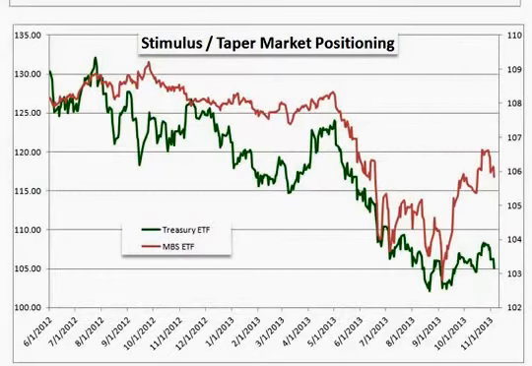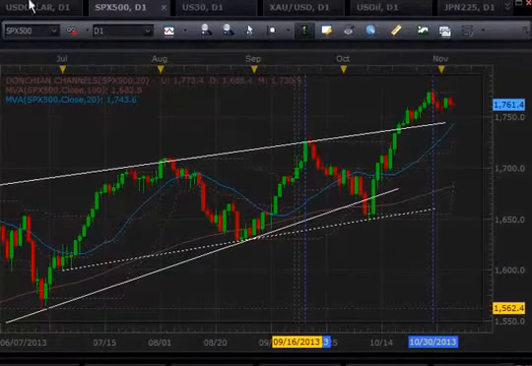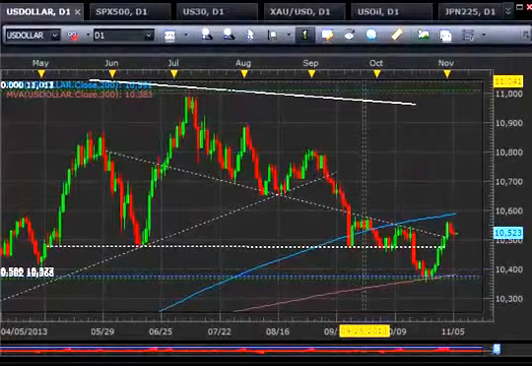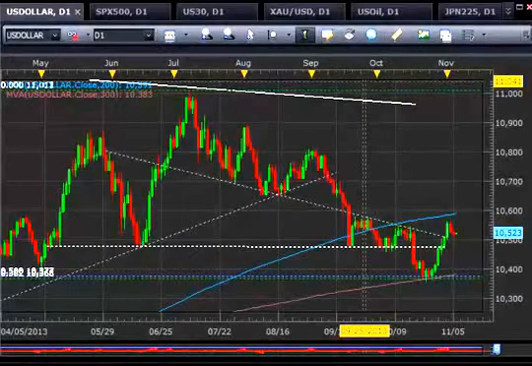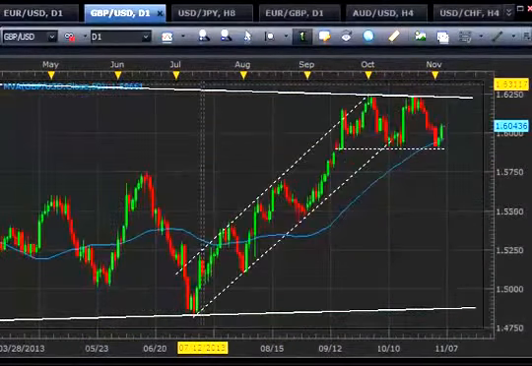All right. Now, I want you to remember, all of this has very significant ramifications for risk trends. Here's the S&P 500 as a benchmark for risk trends, as well as the U.S. dollar. The U.S. dollar being a safe haven currency and a direct reflection of stimulus. Now, I don't have to tell you that these two themes, dollar health and risk trends, can be influential on most currency pairs. Euro dollar, which has great technical bearings. Pound dollar, great technical bearings.